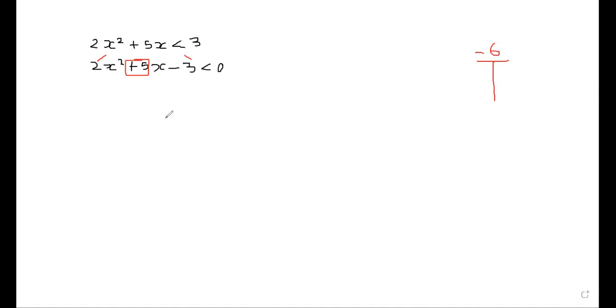Okay? It's what? I think those numbers are negative 6. No, those numbers are negative 1 and 6. Because if you multiply this, they take you back here. But when you add this, they will take you here. So those are the numbers. Now the next step,